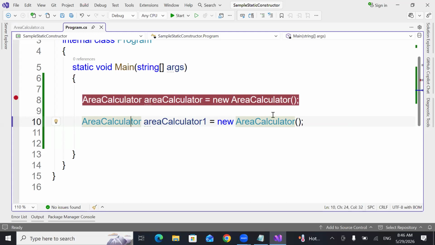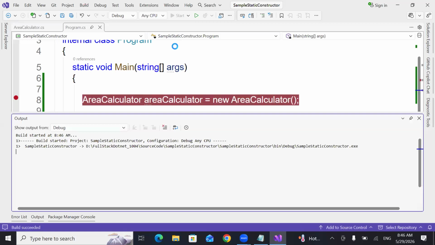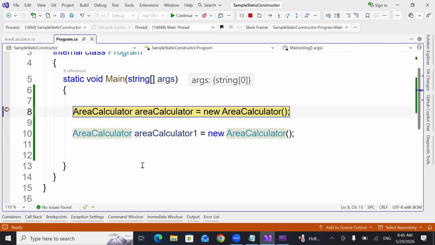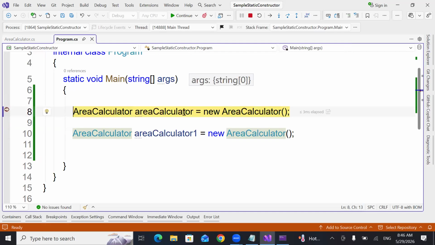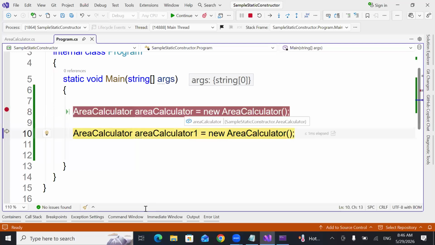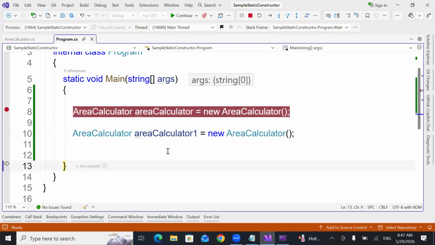Okay, but here you see the difference with the code. Say I'm debugging the code. Now F11, static constructor is called for the first object. Before I create an object, static constructor is called. Now, if you try F11, the static constructor is not executed. Am I right or wrong? When creating the second object, is the static constructor executed? No. That means